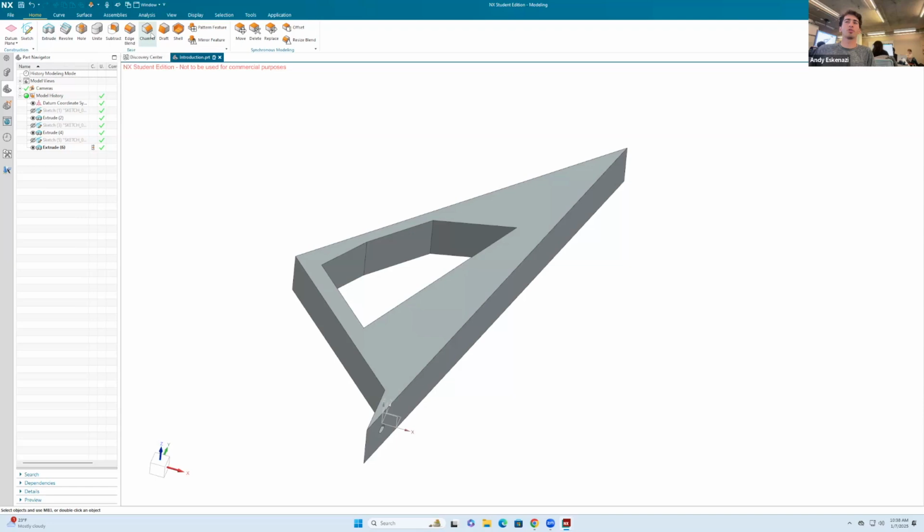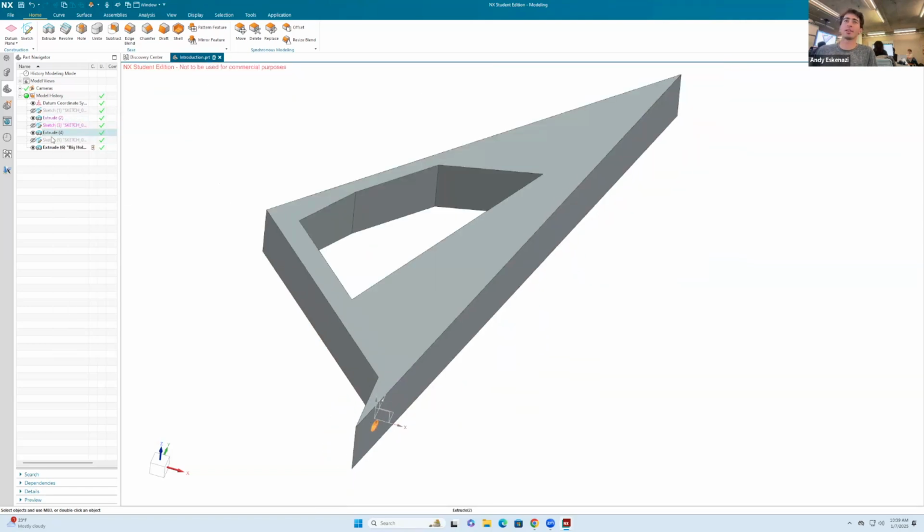Then a couple of things that I was mentioning earlier, these are called features. That's why you have the extrude number, extrude in there, and the sketch that we use to create that extrude. I can right click in there and rename it. So I can call that big hole. I'm not too creative with the names. And that one was the smaller hole. You see how when I click on this, it automatically selects. It recognizes what it is. So I can rename this, I'll call it